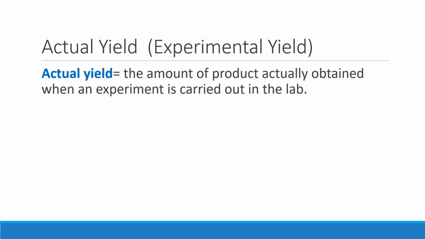Okay, a second type of yield is the actual yield, or it's sometimes called the experimental yield. And the actual yield is exactly what it sounds like. It's the amount of product that is actually obtained when you carry out the experiment in the lab. Right? If you're doing a lab, like we'll do in class, you can measure this. You can get out your balance and you can weigh your product,